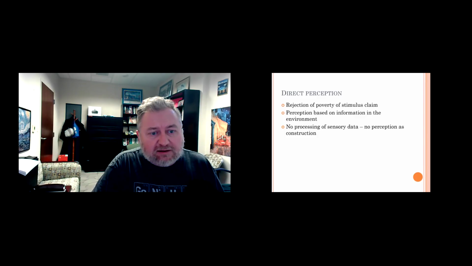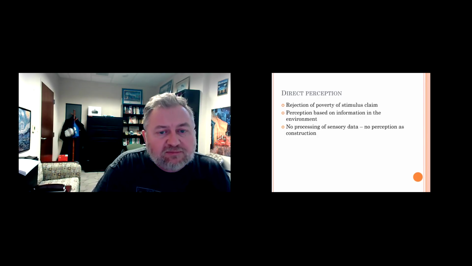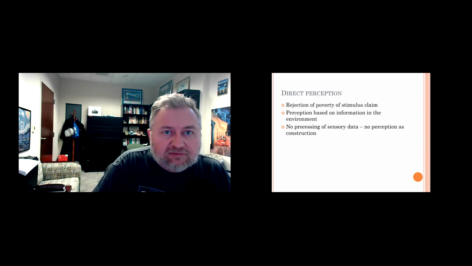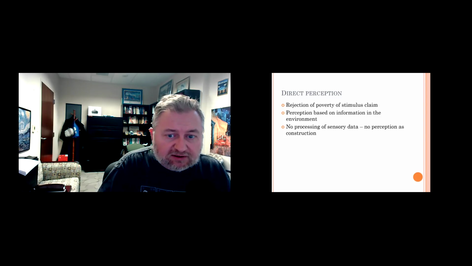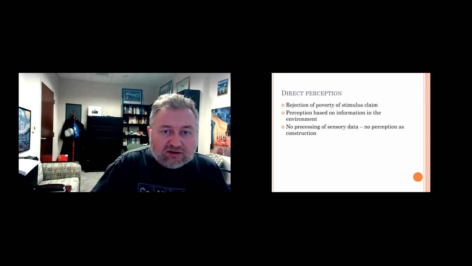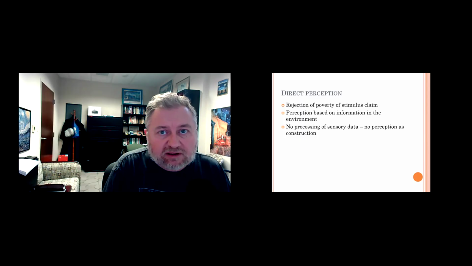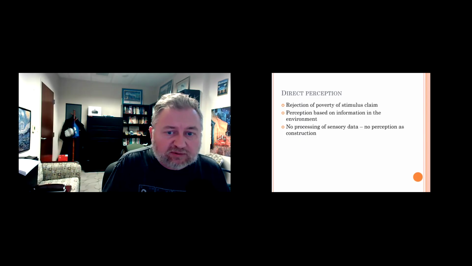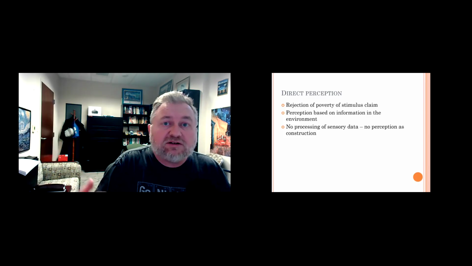All right, here's that little note on direct perception, as I had suggested before, from Gibson. The idea is that the theme of direct perception is a rejection of the sensation-mediated view. So rather than suggesting that perception begins with meaningless sensations, here the idea is that perception begins with meaningful information in the environment. So this is a direct refutation of the poverty of stimulus claim, right? Rather than suggesting that perception begins with an impoverished stimulus, instead we would say it's an enriched stimulus